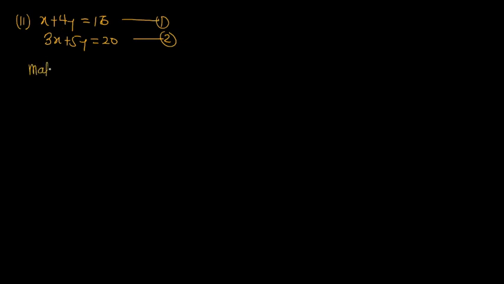Alright, let's go ahead and look at another example. So we have x plus 4y is equal to 16, and then 3x plus 5y is equal to 20. So let me make this my equation 1, this my equation 2. Alright, so from here I realize that making x the subject in equation 1 is super easy. So I'm going to say make x the subject